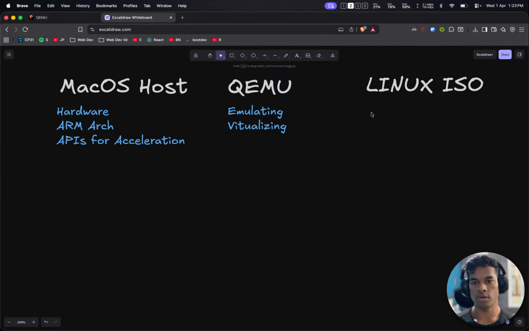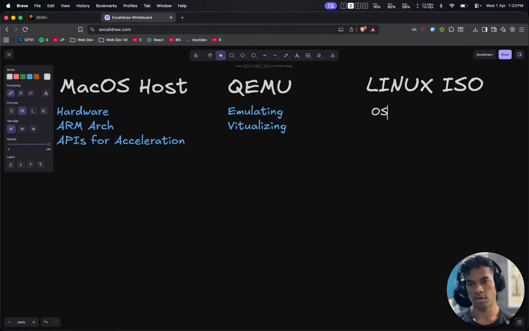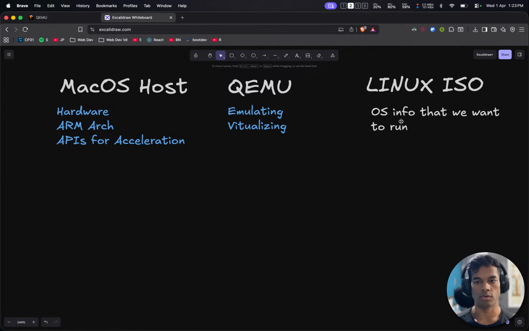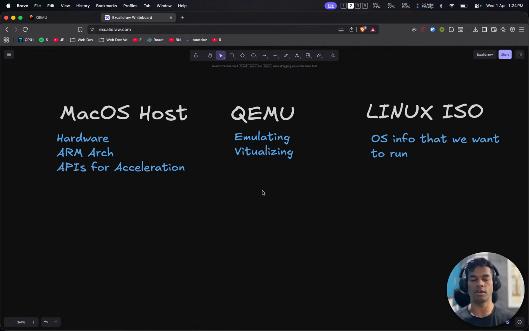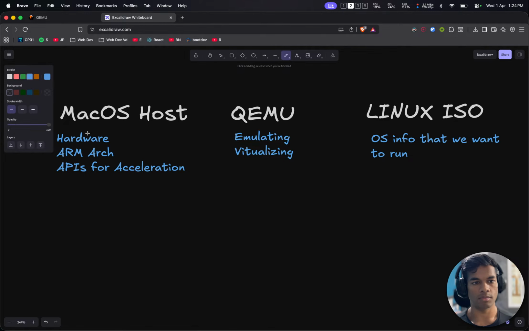And the ISO just has the OS info that we want to run. Just that. Cool. So in this whole thing, QEMU is acting as a communicator between our host macOS and the